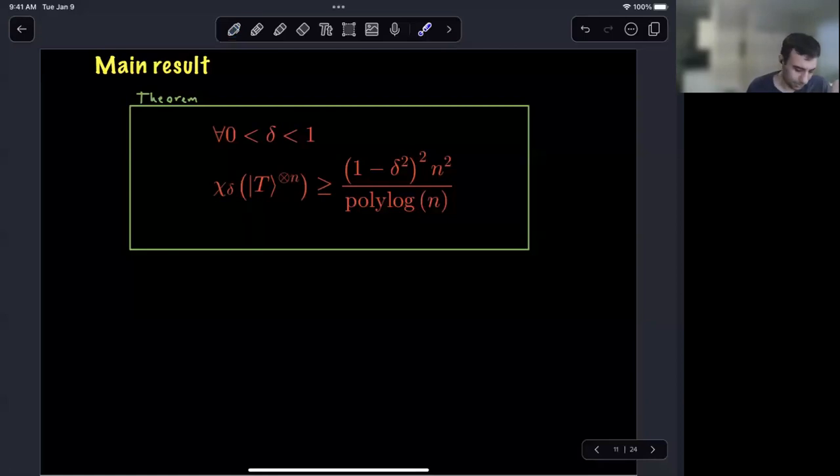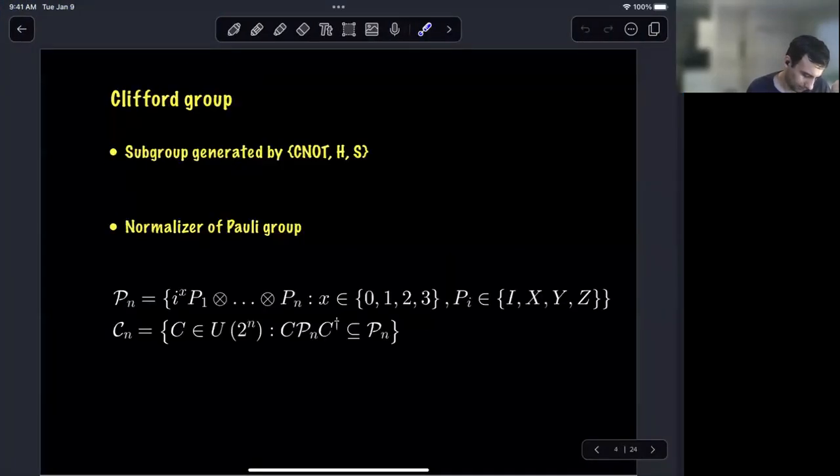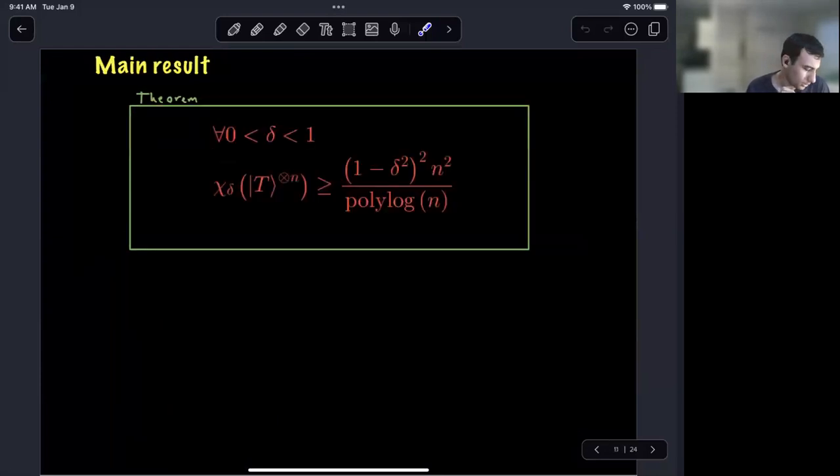If you just compare it to the previous result, we improve both these lower bounds to quadratic, and also in the previous results, the lower bound for the approximate rank, they needed delta to be small enough in all previous results, but in our result,